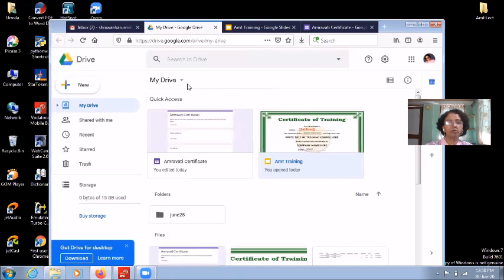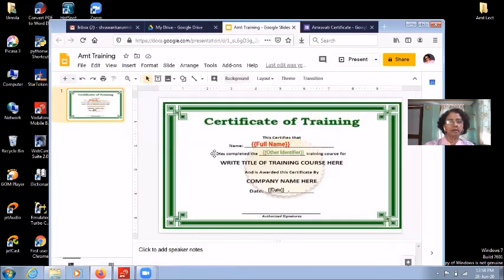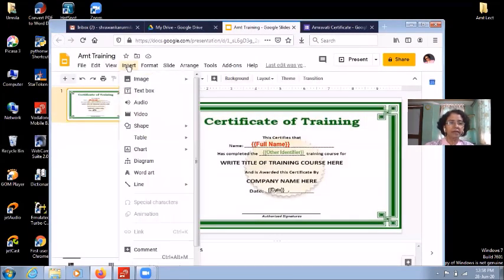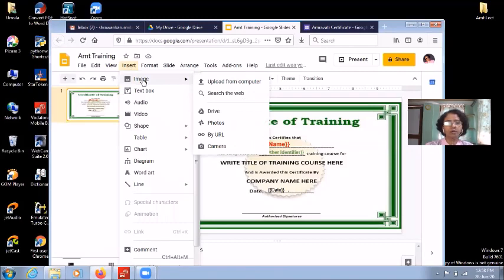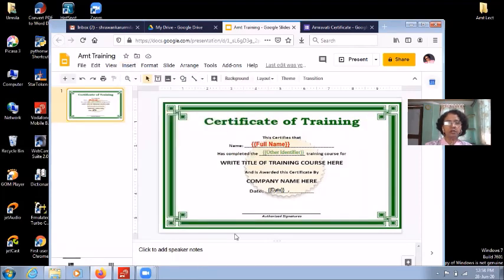I will show you how to insert that. Okay, the insert image option is there and you can insert that particular signature image over here. That means your certificate will be ready with signature. If you want to add the stamp, you can add the stamp using insert image again.